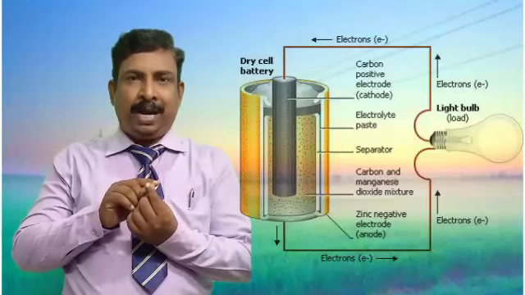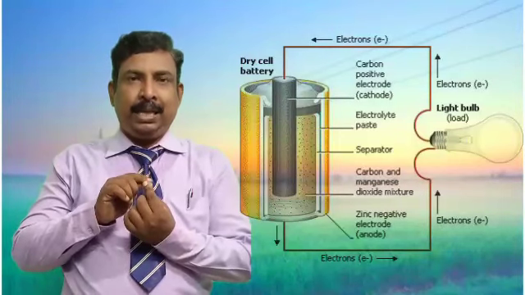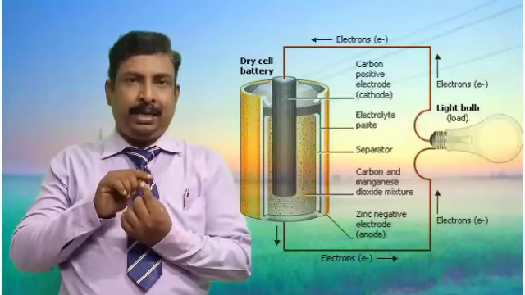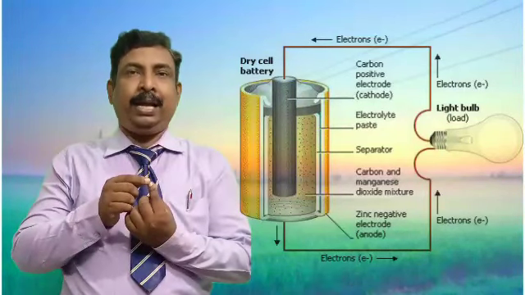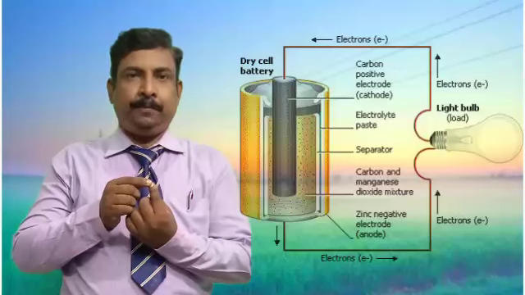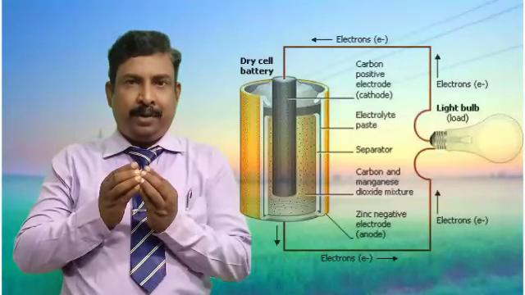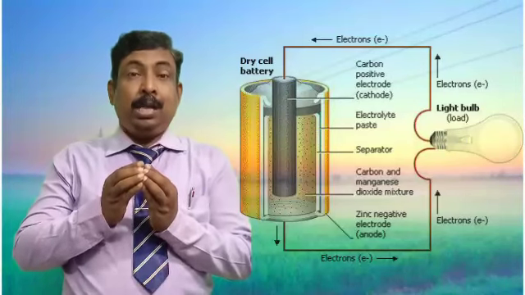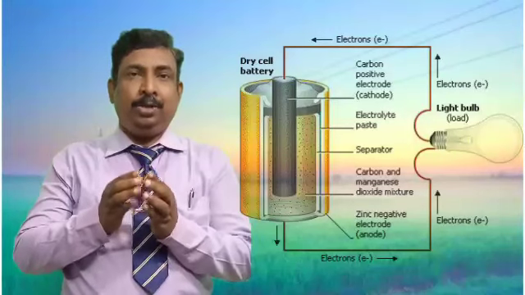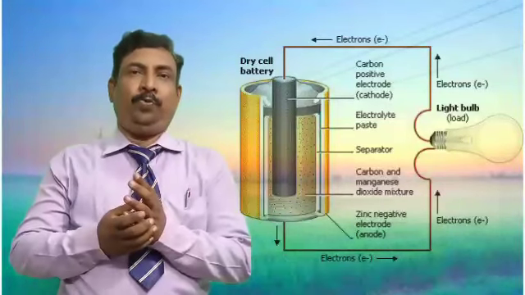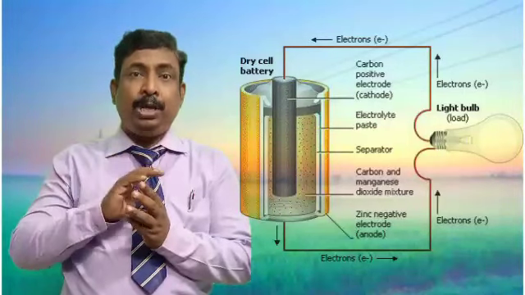On the battery you will see a plus sign and a minus sign. The plus sign indicates that wherever it is connected, that particular point will be at higher potential. The minus sign will indicate the lower potential. So this cell is giving the potential difference which is required for the flow of charges. The chemical energy here is providing the energy for the cell to make the charges flow. When the charges are flowing, this cell is doing some work.